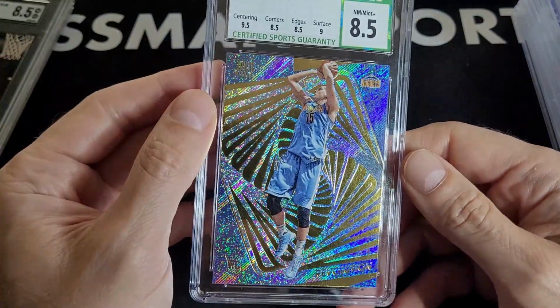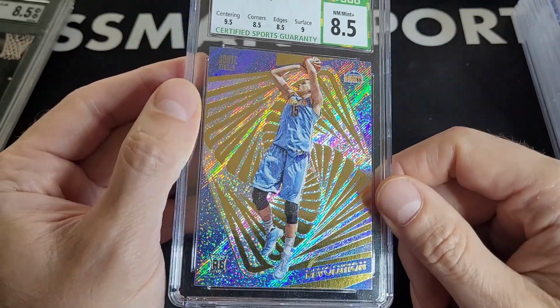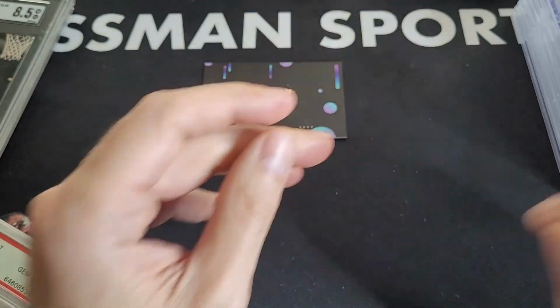This is definitely my favorite Jokic rookie card. Just the pose. He's not the most photogenic guy in his photos, but...